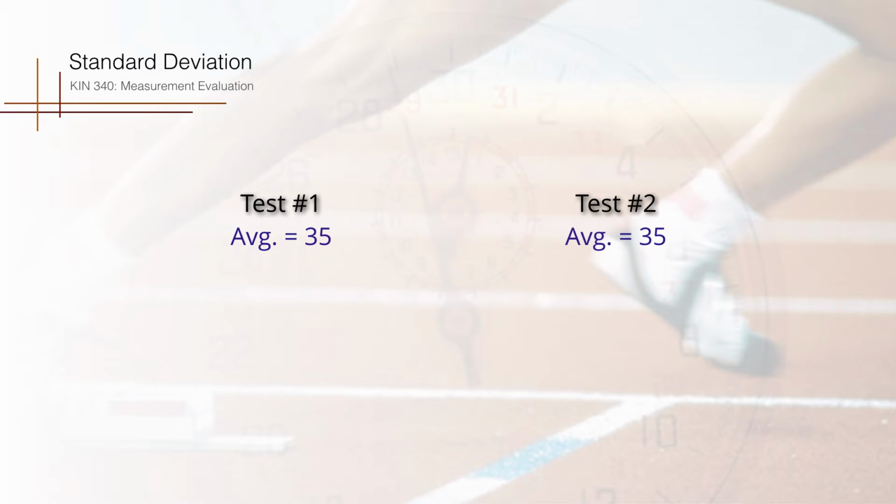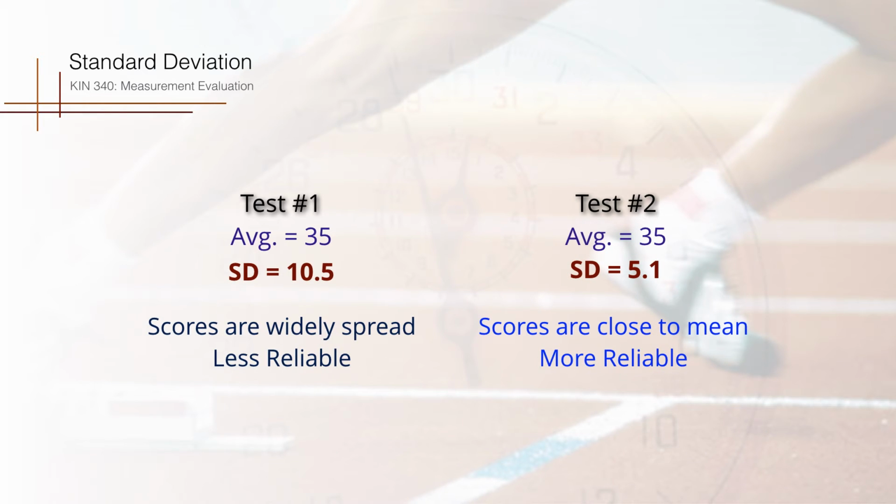If we calculate standard deviation, we may see that there is a difference in reliability of these 2 tests, although the average, the mean, is the same. The scores for one test may be more scattered when we graph them, and the other test's scores are more clustered together around the mean. So simply knowing the average doesn't really tell us what we need to know about a test, but doing some additional statistical analysis is going to give us more information as to the reliability of that